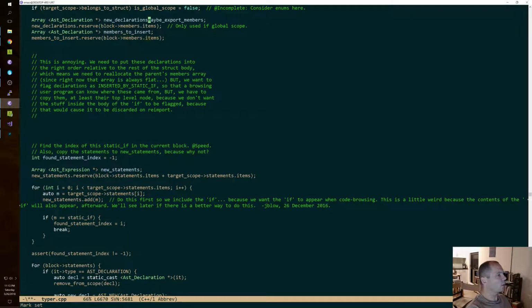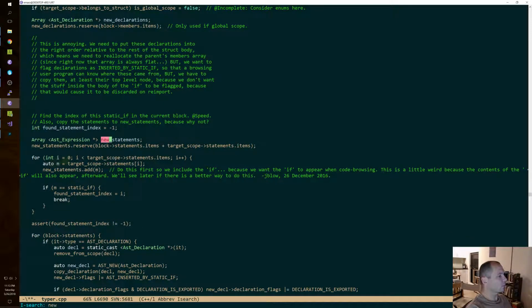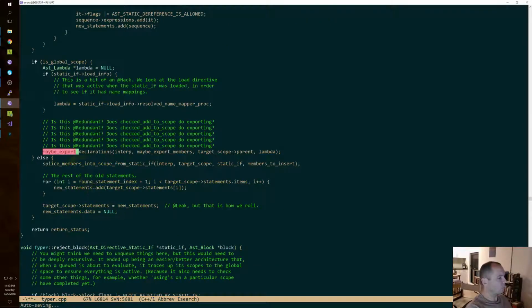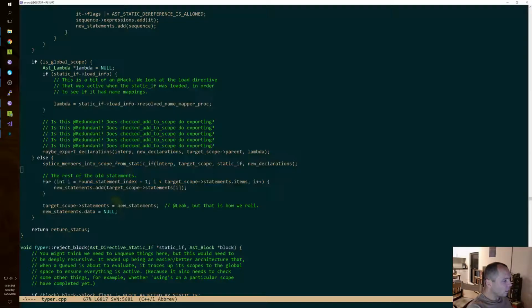And then there. Okay, and then maybe export. This is, whoops, new declarations. Right, and then members to insert is new declarations. Makes sense to me.